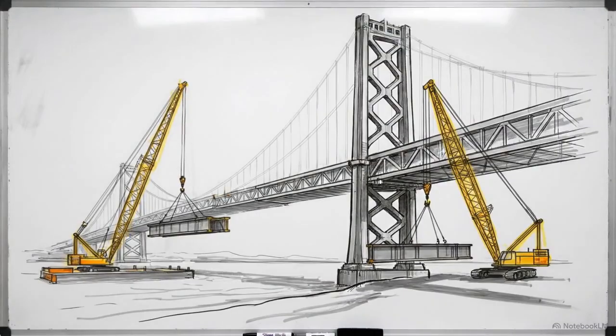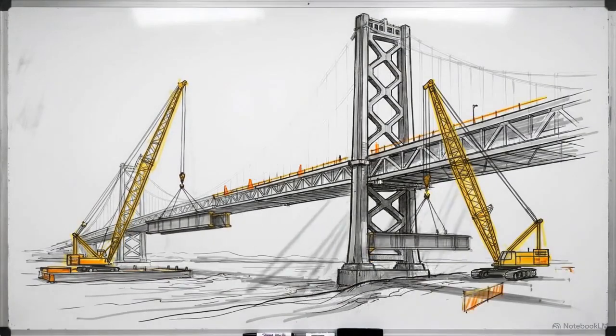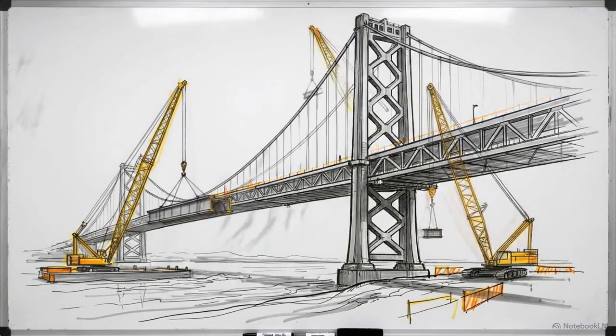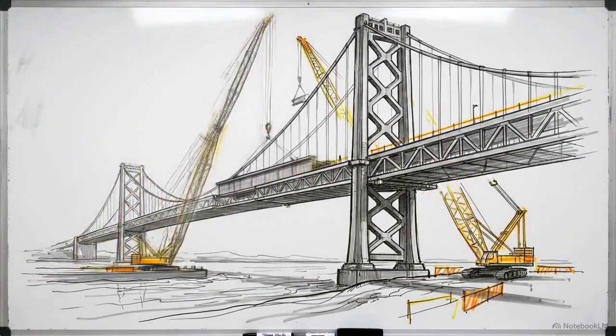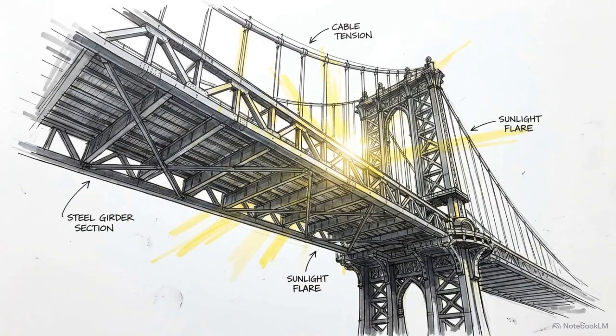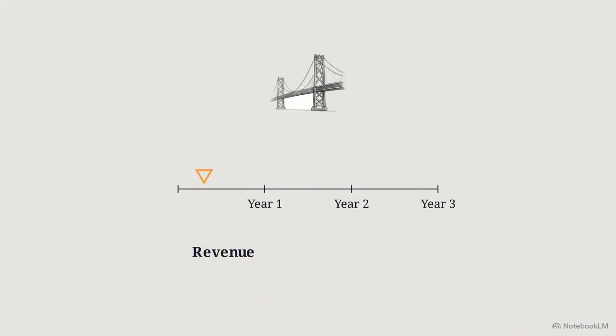But consider a heavy civil contractor building a multi-million-dollar bridge. They aren't handing a finished product across a counter. Instead, control of that massive asset transfers to the customer continuously, girder by girder, over months or even years. Because the performance obligation is satisfied over time, the accounting rules mandate that the contractor must also recognize revenue over